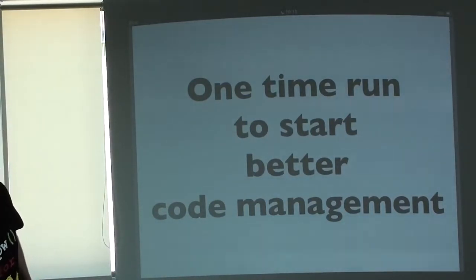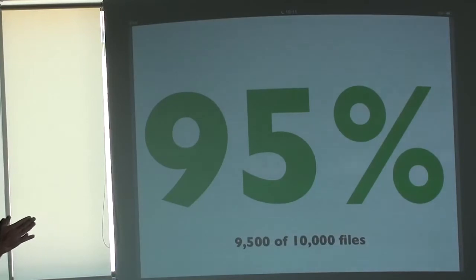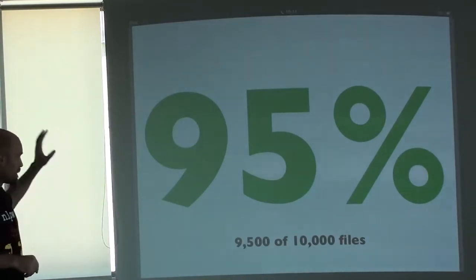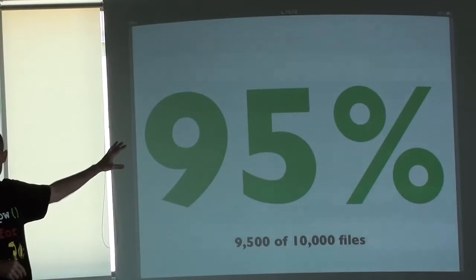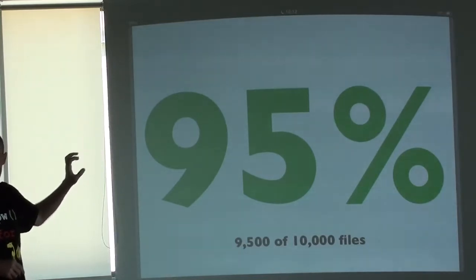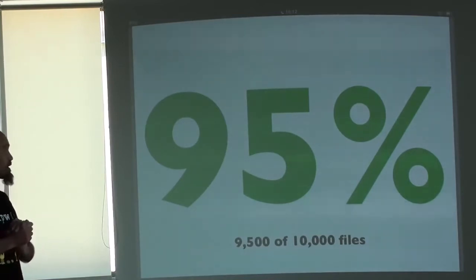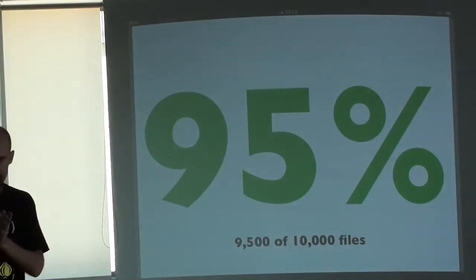So here's my goal. I want to figure out 95% of what you have. Now there's going to be a lot of reasons that I can't get that other 5%, and we'll talk about some of those too. But 95% is the goal. And as we're going through this, I want you to look at the things I'm doing and see how close each of those things is getting to this particular goal. So let's just start with